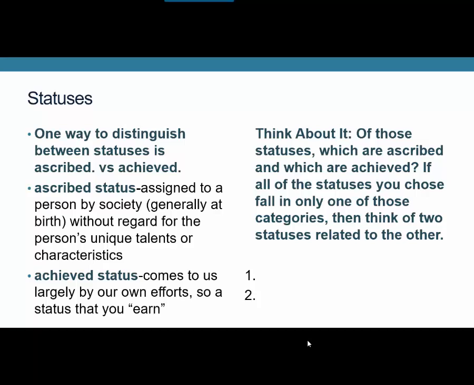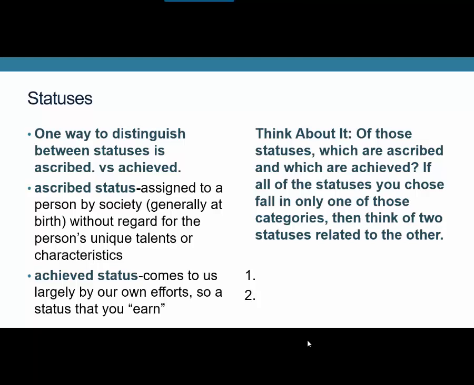Being college educated is an achieved status. Your occupation is an achieved status. And so, if you did write down three statuses, take a look at what you wrote down and mark whether or not those statuses would be considered ascribed or achieved. It's worth noting that most statuses are achieved statuses unless you're talking about things like sex and race and ethnicity